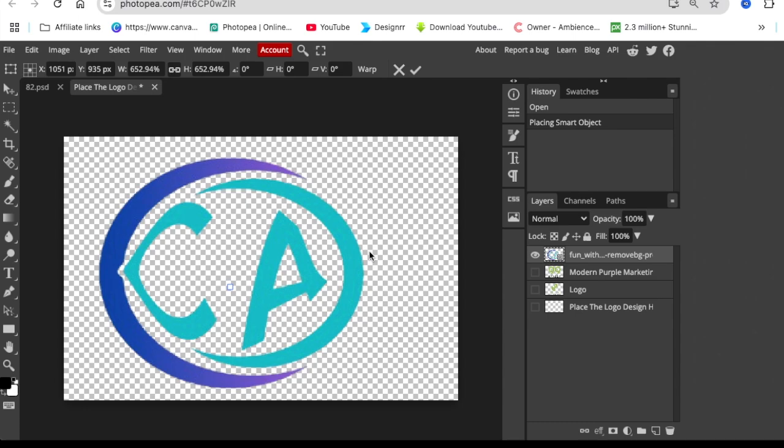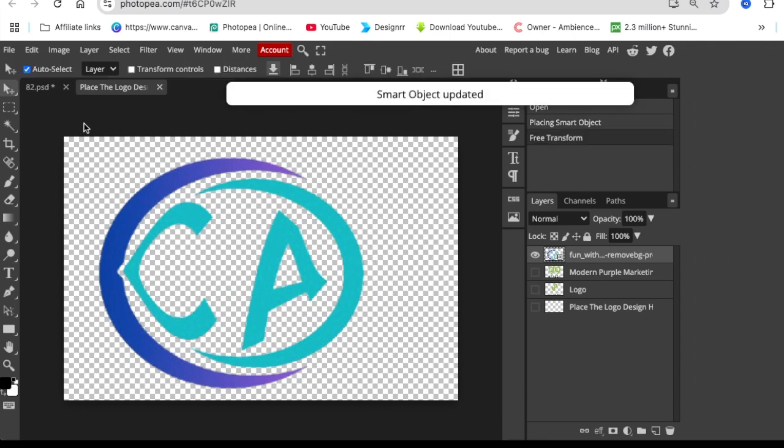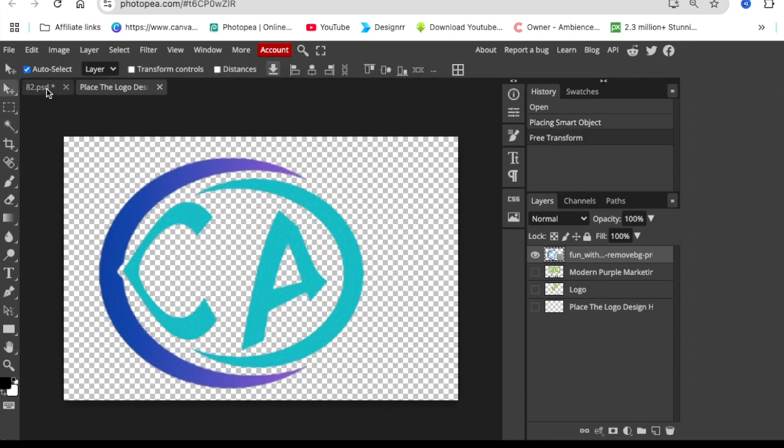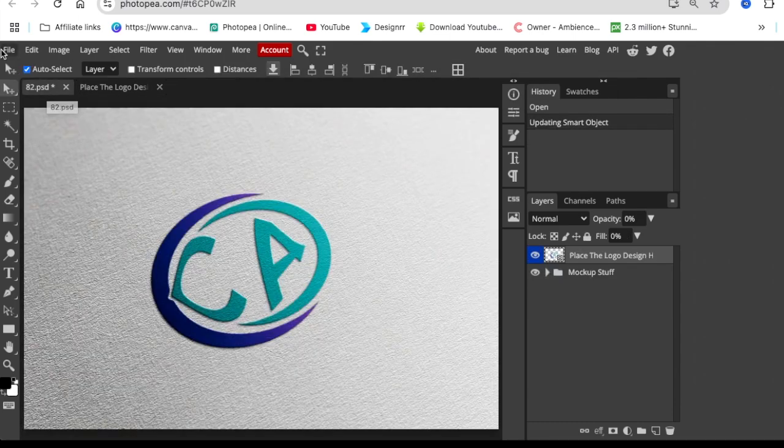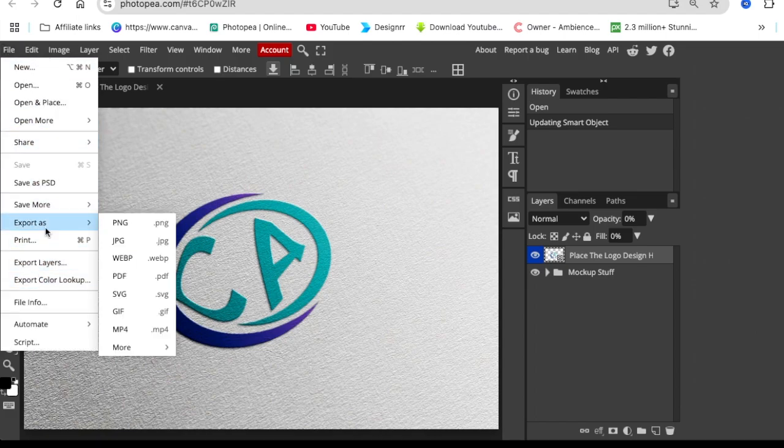And once that's done, you're going to press Command S or Control S from keyboard to convert it and change it to Smart Object. And then you click on the first tab to go access your design, and it's beautifully done. Then to export, you go File and you export it as the